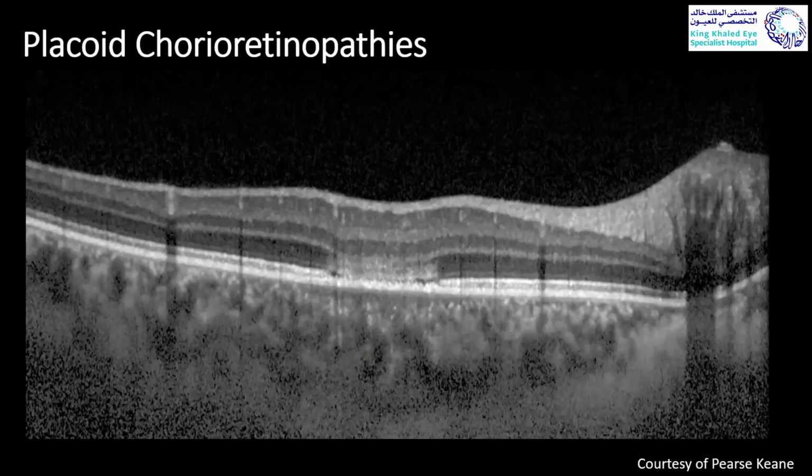So if we have any placoid lesion, and if we do OCT over this placoid lesion, either ampiginous or serpiginous or the other entities, it causes outer retinal hyperreflectivity, as you can see here. And sometimes you will see that the area underneath the RPE shows hyperreflectivity, indicating ischemia. However, you cannot see this in all patients. This is a classic case actually.